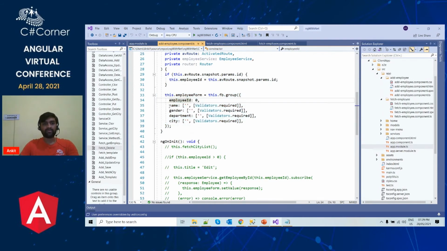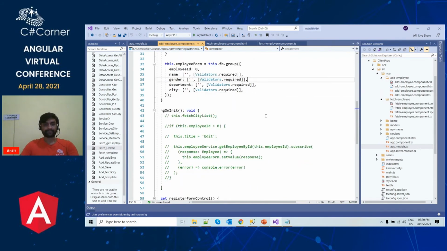In the form, we have defined the name, gender, department, and city fields as required. Here you can see that we have used Validators.required to show that all these four fields are required. This is the client side validation that we are doing. So unless you fill all these four fields, the data will not be posted to your backend.